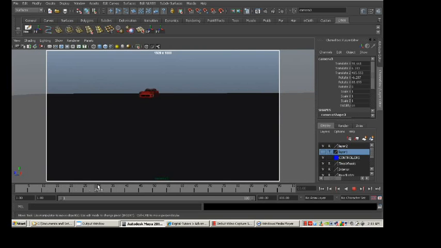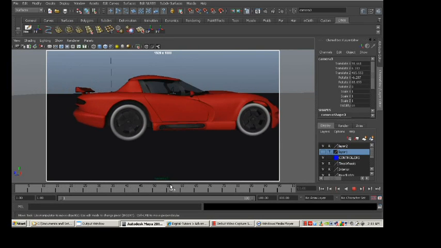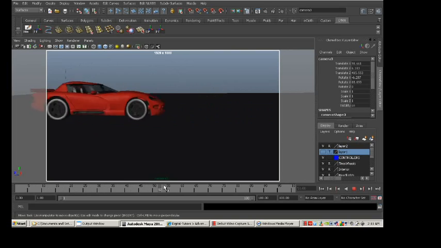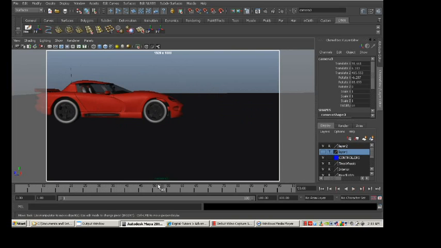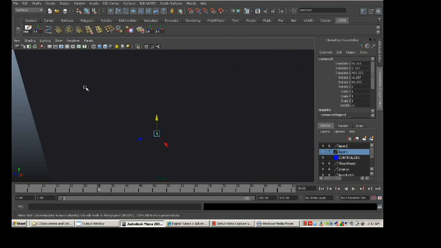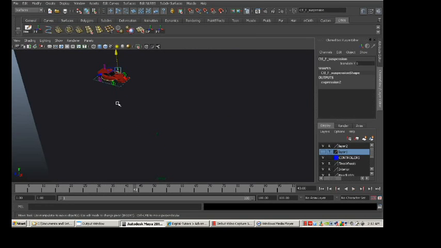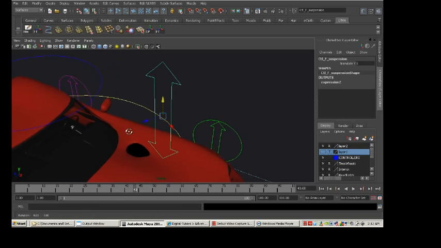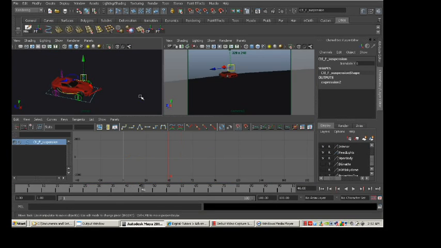Alright, so he's getting into the turn here, and we should be able to key some suspension here so that you can see. Alright, so the first thing we want to do is come on in here to perspective view, and we're going to grab the controller that we want. F on my keyboard. Okay, now that we have our suspension selected,